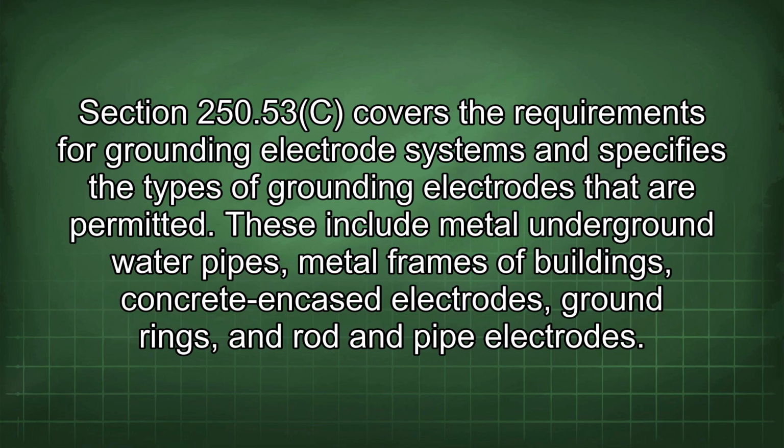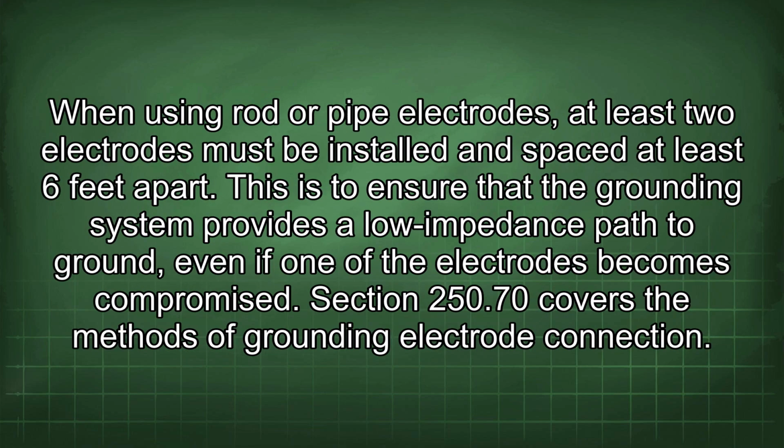Section 250.53(C) covers the requirements for grounding electrode systems and specifies the types of grounding electrodes that are permitted. These include metal underground water pipes, metal frames of buildings, concrete-encased electrodes, ground rings, and rod and pipe electrodes. When using rod or pipe electrodes, at least 2 electrodes must be installed and spaced at least 6 feet apart. This is to ensure that the grounding system provides a low impedance path to ground, even if one of the